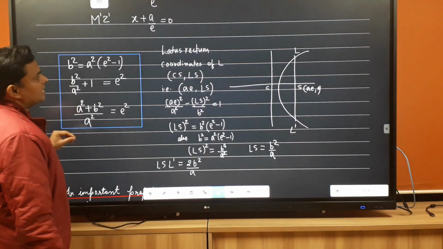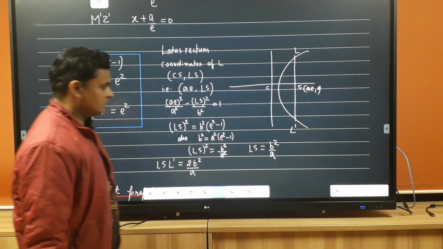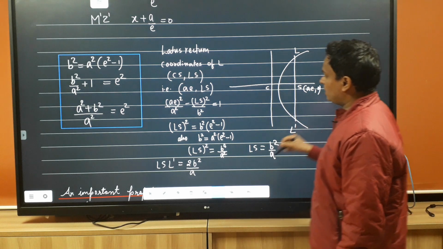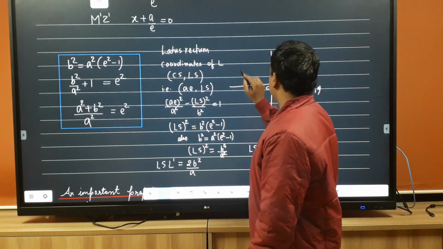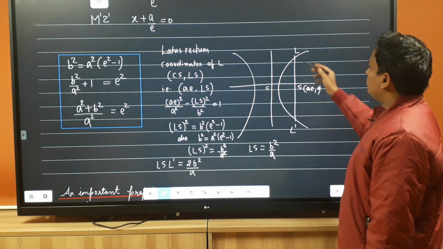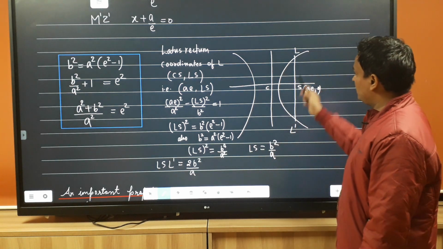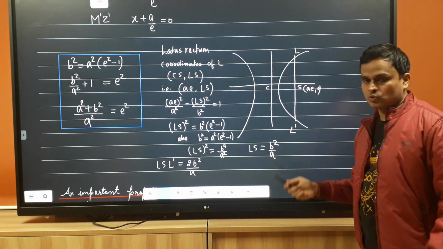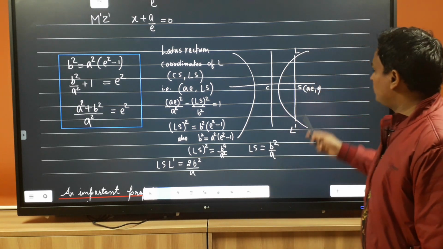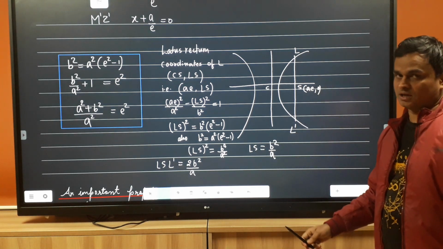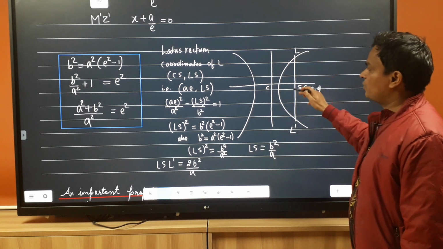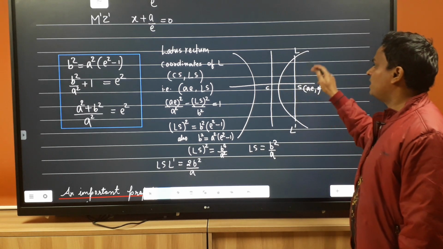चलिए अब आगे चलें तो ज़रा देखें कि लैटस रेक्टम के बारे में क्या लिखा है। लैटस रेक्टम देखिए एक सिंपल सा डायग्राम है आपके पास, ये हाइपरबोला है, एक साइड हाइपरबोला का, ऐसे ही इस तरफ भी एक पार्ट होगा उसका, ठीक। अगर मैं कोई एक पॉइंट L लेता हूँ इस हाइपरबोला पे, यानी ये लैटस रेक्टम है। लैटस रेक्टम वो कोर्ड होता था कर्व का जो फोकस से पास करता था, तो ये कोर्ड जो LL' है ये फोकस से पास कर रहा है। तो फिर L का कोऑर्डिनेट क्या होगा, x कोऑर्डिनेट और y कोऑर्डिनेट, यानी CS और LS।